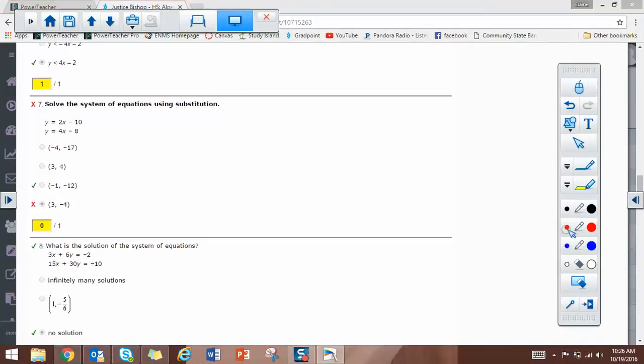Here we want to use substitution. So substitution, again, you're taking two things that are equal to y and you're setting them equal to each other. So 2x minus 10 equals 4x minus 8. I'm going to subtract 2x to the other side. That's -10